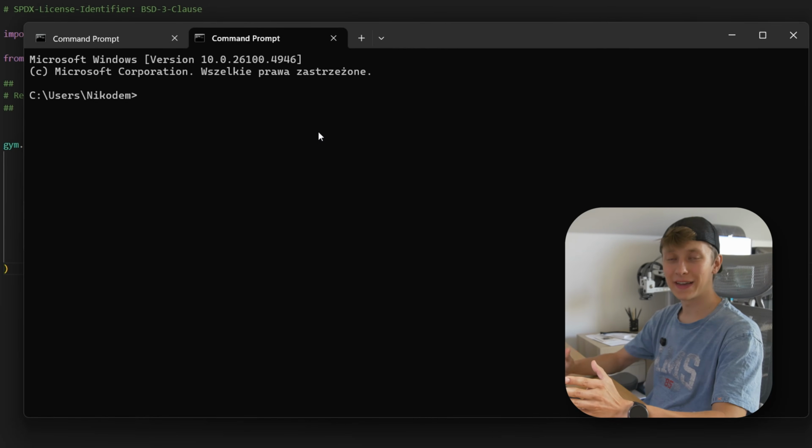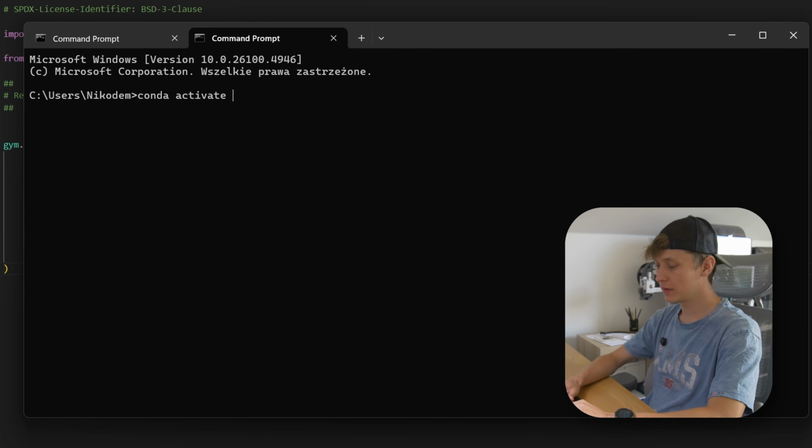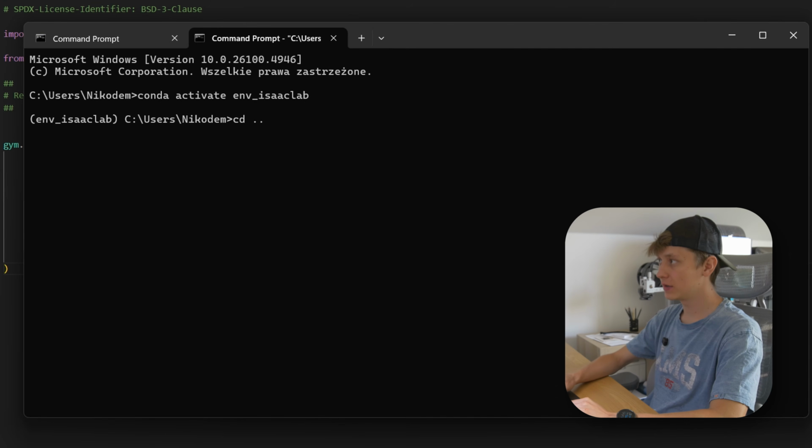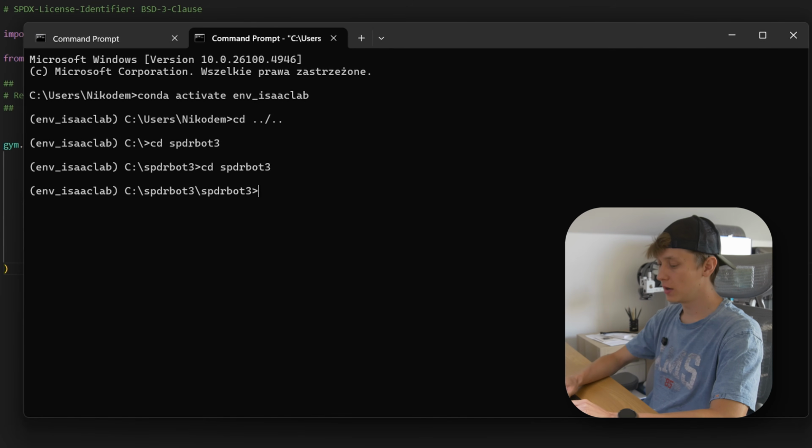When your code is ready and you want to run the training for your own robot, what you have to do is conda activate env Isaac Lab, as we did in the other example. As you can see, this is activated already. So let's change the directory to the spiderbot3 and spiderbot3 again. Okay, and now what we have to do is do Python source. Was it source? No, it was scripts, I think. Yes, Python scripts